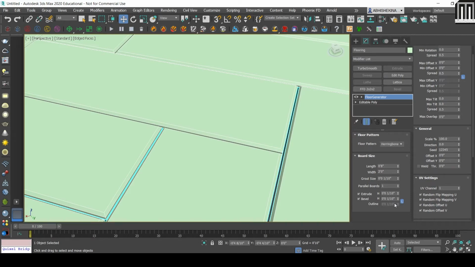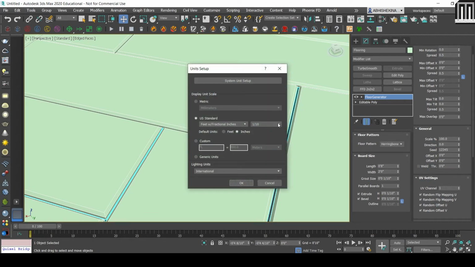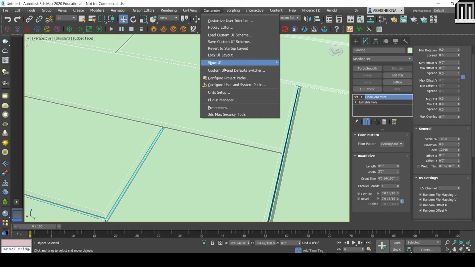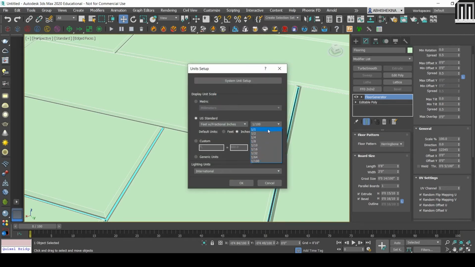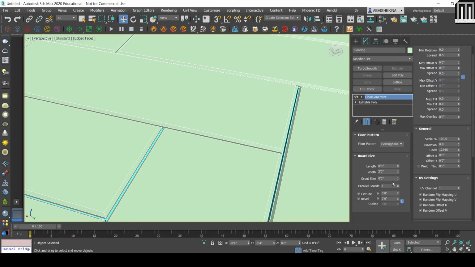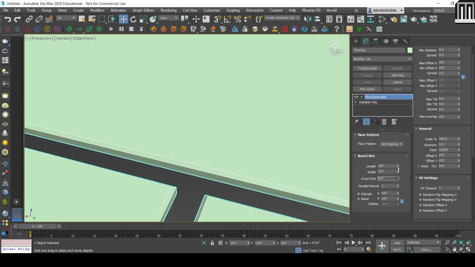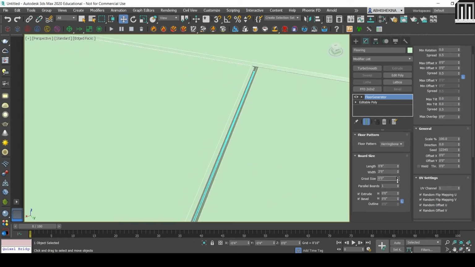If you see, now I can actually go into detail and see here. Okay, so you can bring down the values if you do the unit setup with more precision, so we don't have the decimal values. Okay, so on and around we can take this. Okay, we don't want so much grout, we bring down the grout and the size, extrude and bevel.